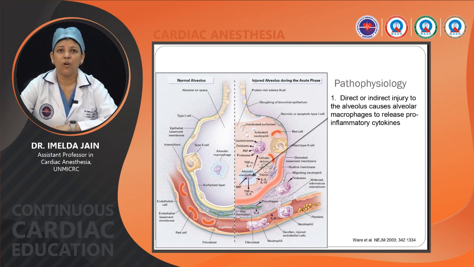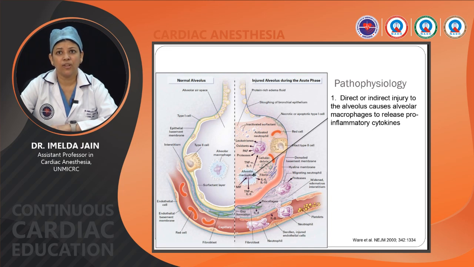In this figure, on the left hand side, you can see a normal alveolus. A normal alveolus normally has type 1 cells and the type 2 cells. The type 1 pneumocytes are normally responsible for the gas exchange across the alveoli, and the type 2 pneumocytes help in production of surfactant. Whenever there occurs a direct or an indirect injury to the alveolus, then the alveolar macrophages